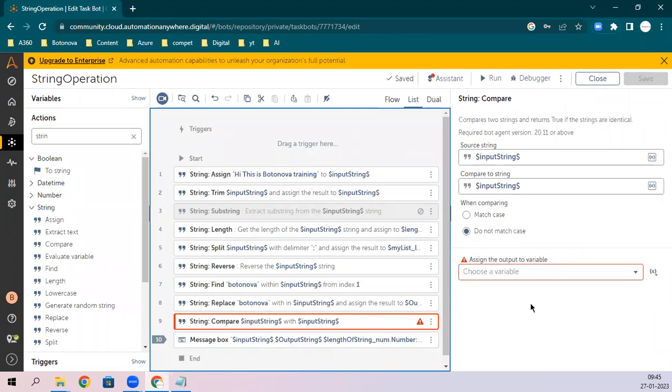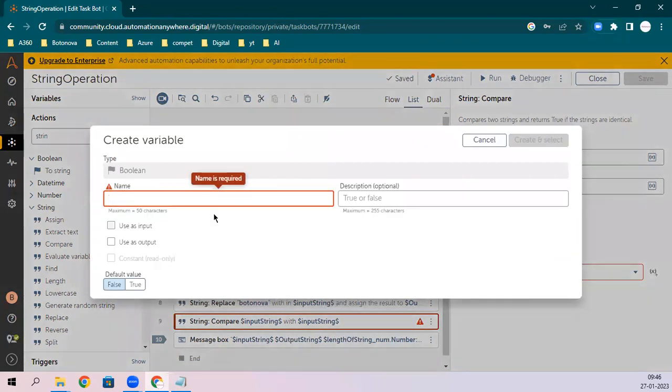The type of variables, what will the output? Any guess? Number. Why? So I'm just taking it as programming language, like it will be given 0 or 1. Yeah. Okay, so here it will be boolean. ठीक है, match. So it will be boolean because it will match, it will give you true. If it is not matching, it will give you false. ठीक है, तो this will be boolean.